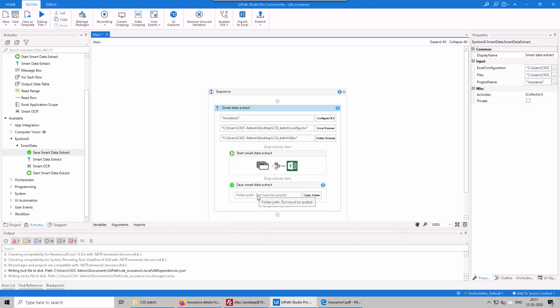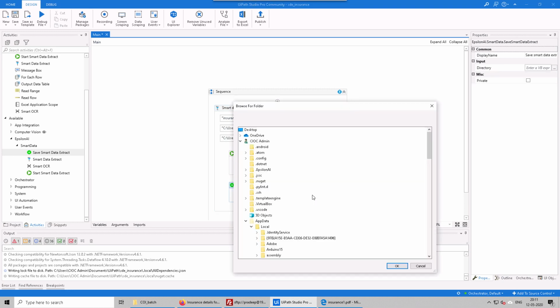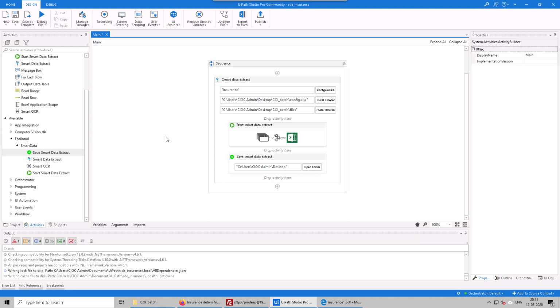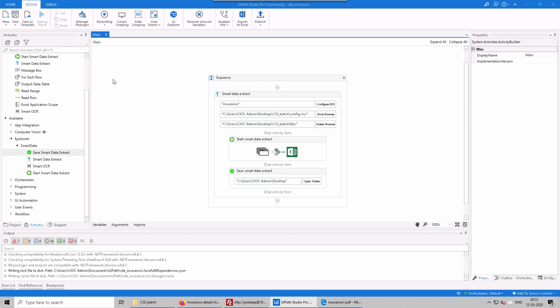And we have to save the file somewhere. So let's use the desktop for that. Okay. So now we have the configuration file saved somewhere on the desktop, and output will also be available on the desktop. So let's just start the process.